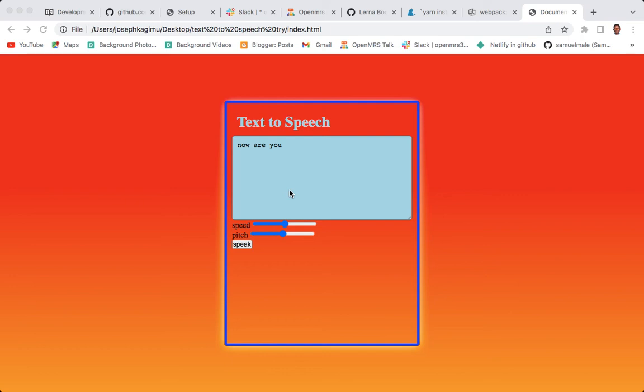Let's see how we can make this app. Right now, it's a text to speech app. You can see that as you write something like this and click this button, "How are you?", it's saying "How are you?" Let's type this